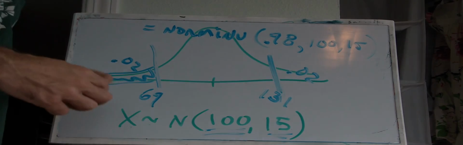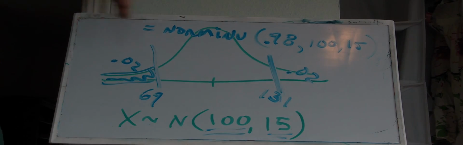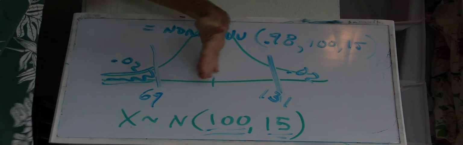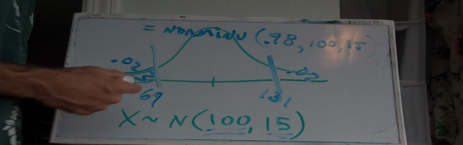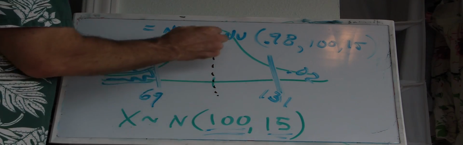You don't need to actually do that calculation if you've already done the Densa calculation. You can see that it's symmetric. That is, if you put a mirror in the middle here, there's just the same shape on this side as it is on this side. So if the center is 100,